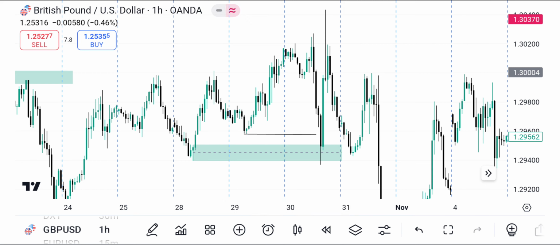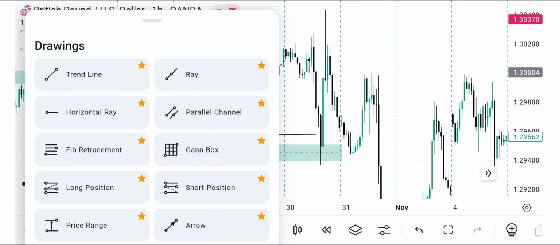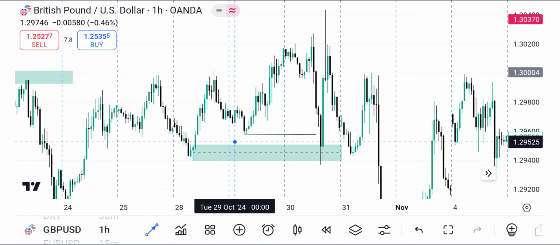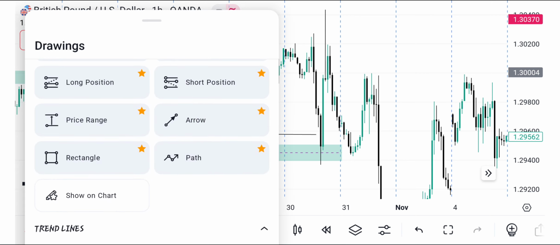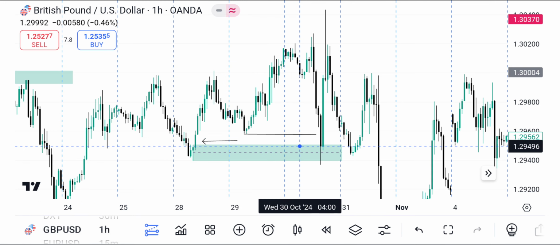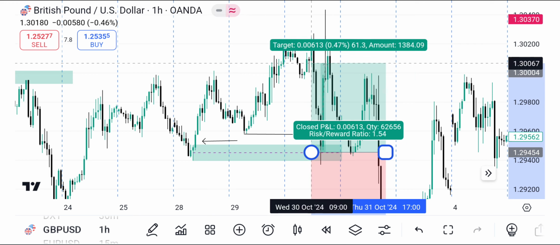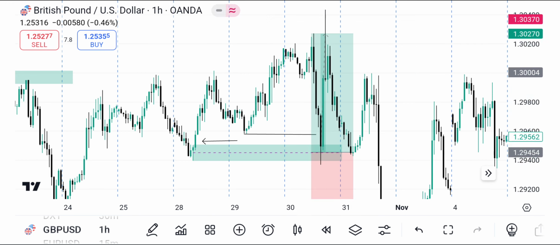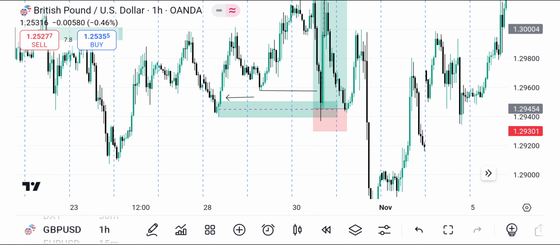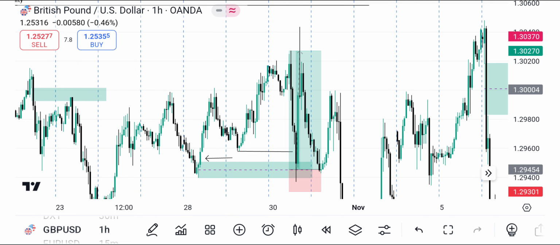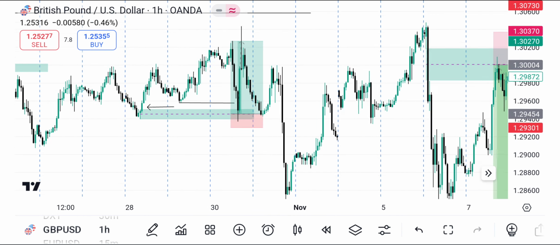Like I said earlier, for an order block to be valid, it must have a gap. You see, this is what we call a gap, break of structure, inducement. And then look at what happened after the market triggered the order. It moves straight back to the take profit. You can see, straight to take profit. And then normally our stop loss will be like 15 pips or maybe 10 pips is okay, right? And then you can see how the market plays out. You see, very beautiful